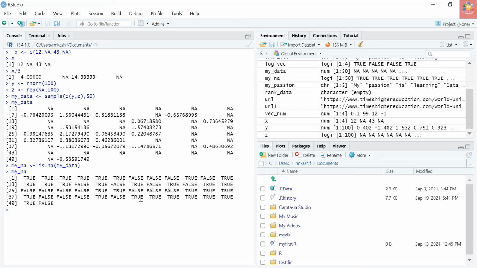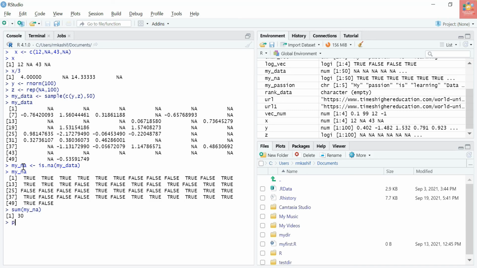Therefore, if we sum my_na, we will only get the number of TRUEs, and hence we can know how many NAs are in this vector. If we run sum of my_na, it returns that there are 30 NAs out of 50 in my vector.